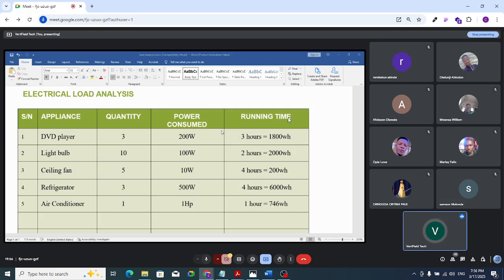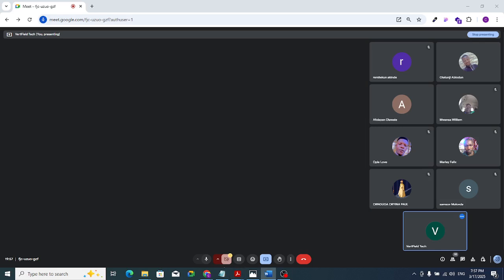So what is the total energy consumed? That's 1556 watts. Altogether? No, it can't be 1,000 altogether. If you add everything together, it can't be 1,000. Everything must be